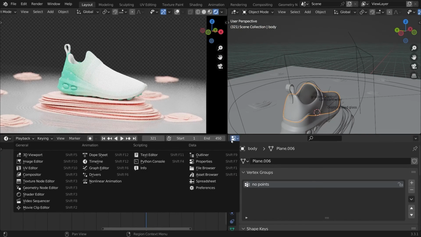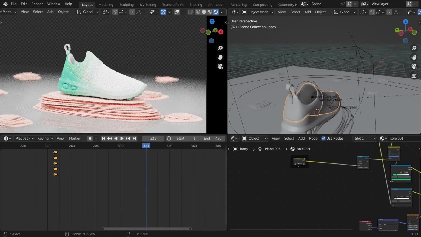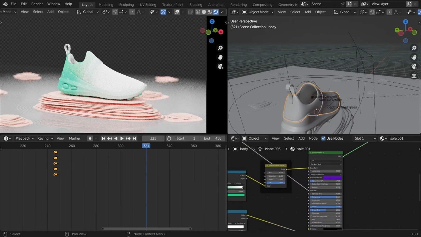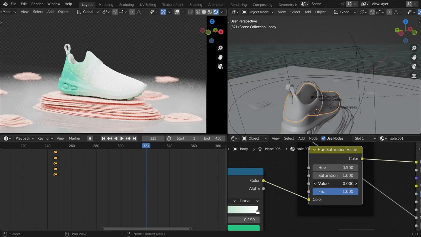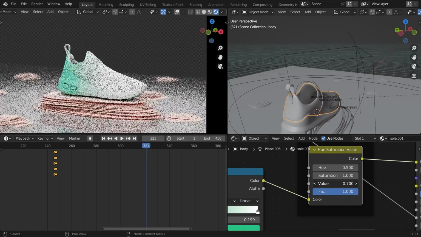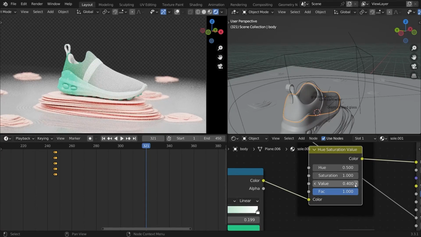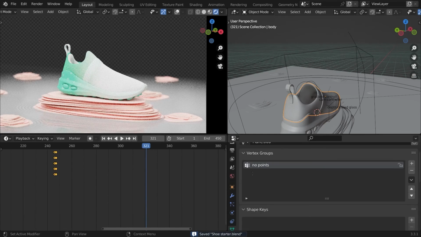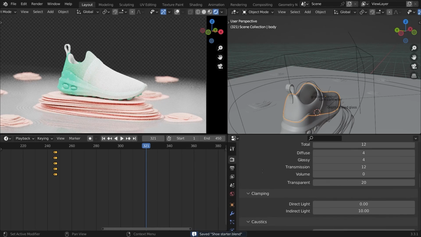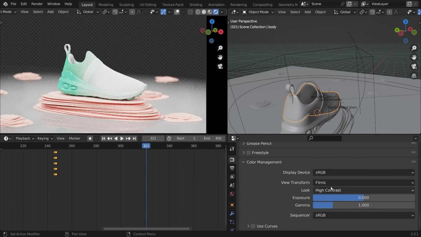Okay, I'm gonna go to my shoe, go to the shading tab, and let's bring the saturation value down a little bit. So if I bring down the value, it's gonna be black. Okay, let's bring it down to 0.7 or 0.8. This is looking good. Go to the properties, come down to the color management, high contrast, and in the exposure, let's bring it down slightly,